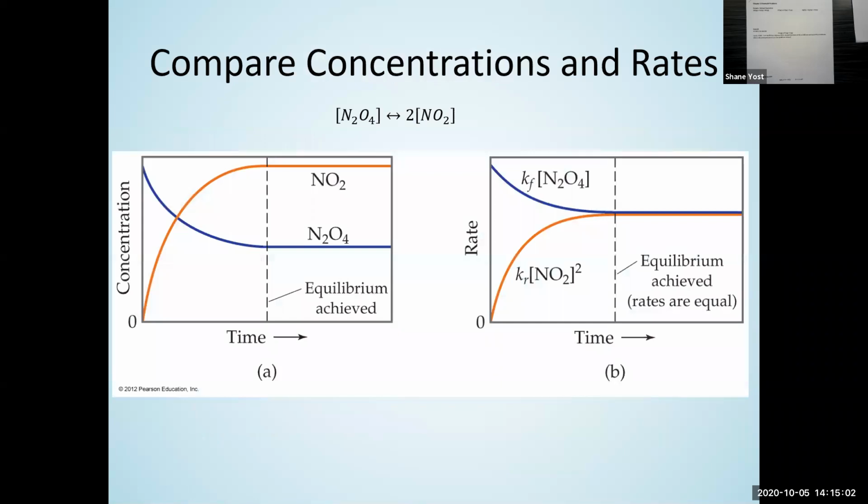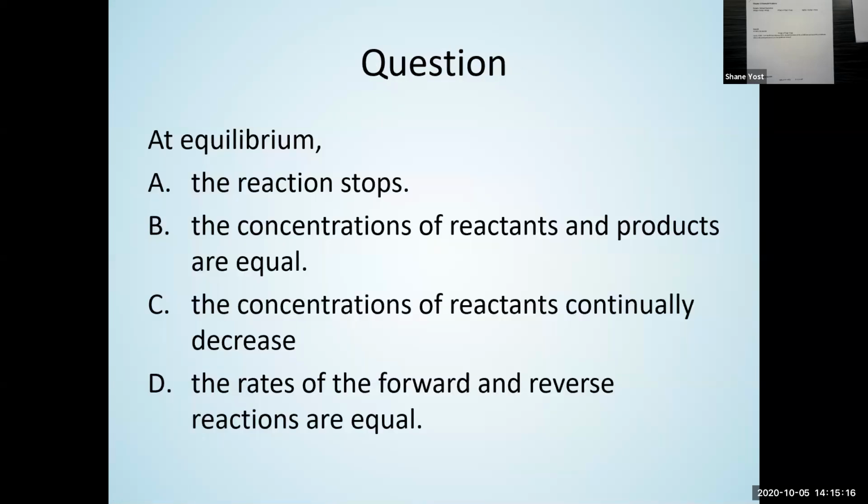So in general, the concentrations at equilibrium of your reactants and products can differ and will typically differ. It's a lot more likely that the reactants and products concentrations are not the same at equilibrium than they are. Now it is possible for them to be the same, but often they're not. And the reactions definitely don't stop. They are still occurring, and the concentration is not changing once reaching equilibrium.